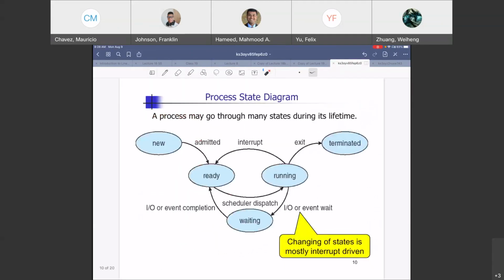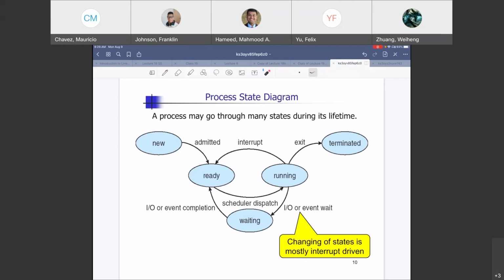Let's see. What does a process state diagram look like? A process state diagram is a state diagram that shows you the different states a process goes through. So when you actually create a new process, it is in this new state. It is not currently executing. You just created that new process. Maybe you ran a fork system call and that new process got created. As soon as it gets created, it gets admitted to the ready queue. Ready queue is a queue, essentially first in, first out. Generally, it is on a first in, first out basis. There could be other criteria, but it's a queue of